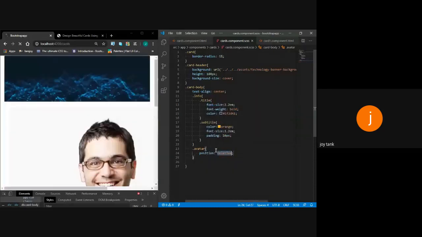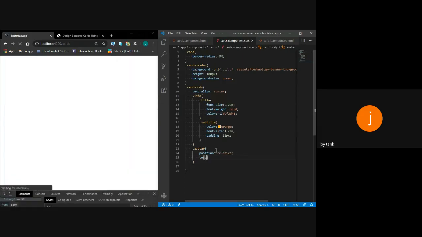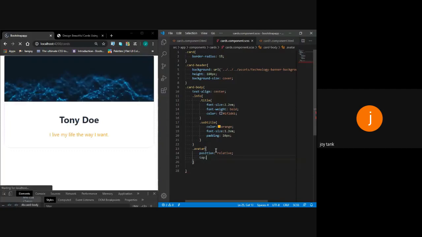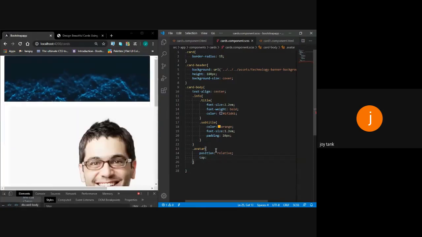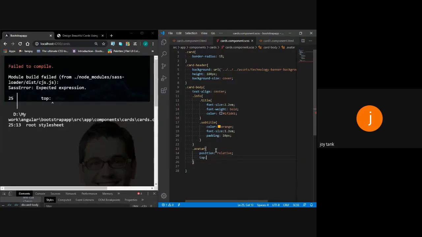What does position relative indicate? It indicates you are keeping a relative distance between the parent and your content. So if I say position relative and I want my image above my card body with a certain value, I say minus 80px.